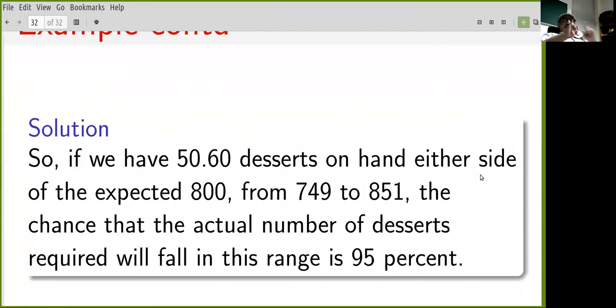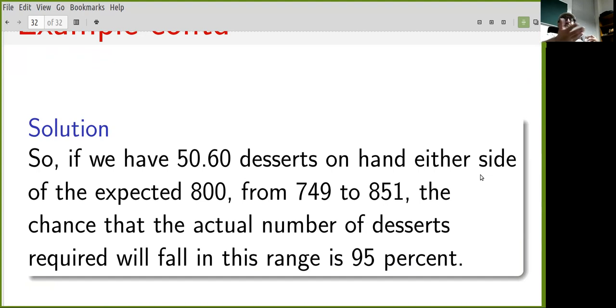So 2 sigmas on either side of the expectation should give us about 95% of the area under the bell curve. So that means the actual number of desserts required will be between 749 and 851